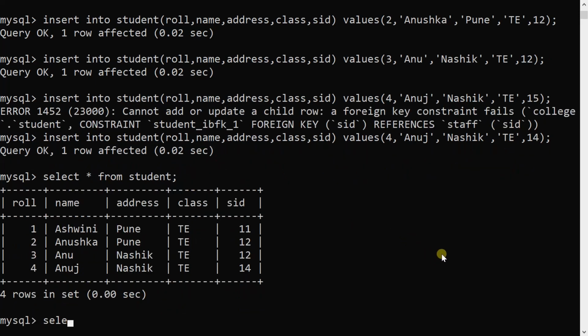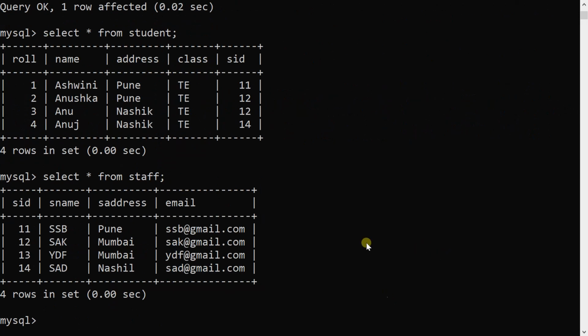If we want to show the relationship between these two tables, student and staff, how will I execute the query? If the query is like this: display roll number, name of the students, and staff name from the tables where SID will be matched.